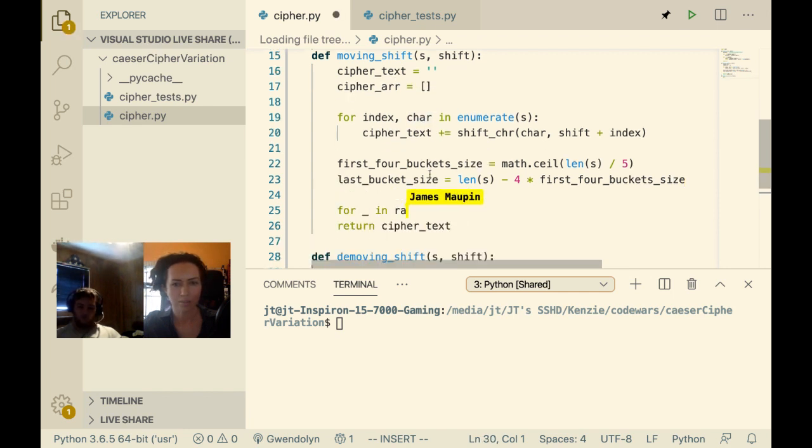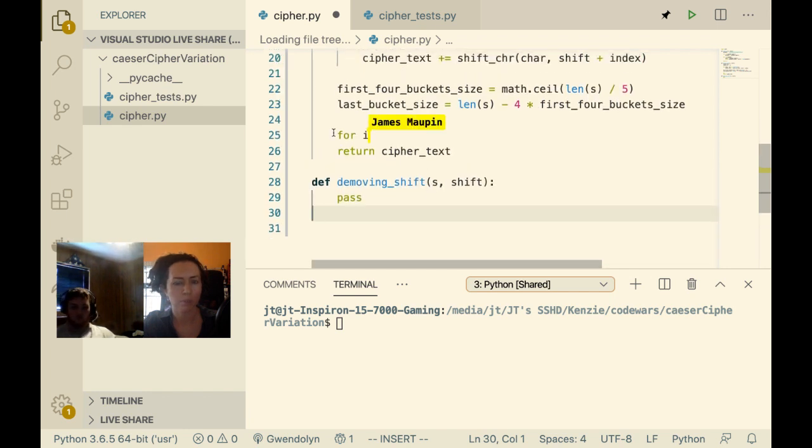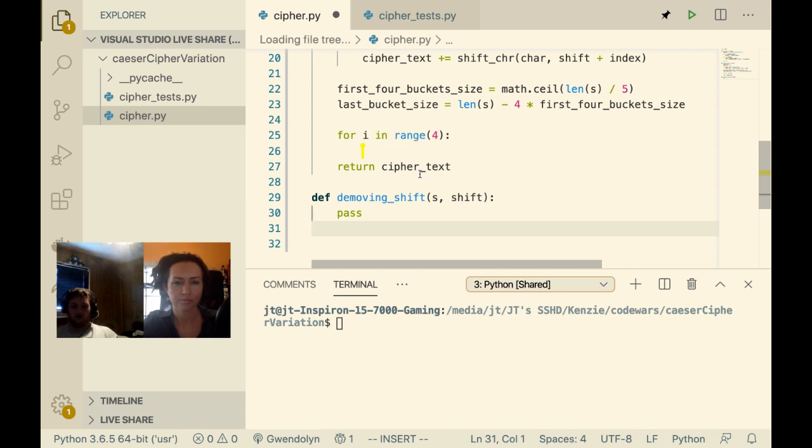Okay, so we made a cipher list, and now we're looping through, and we're going to append onto that list. So we loop through the first 4, and then we're going to use the split. Not split. What is it called? The brackets. Whenever you slice. So yeah, there we go. The slice operator here, and we're going to append whatever to the cipher array.